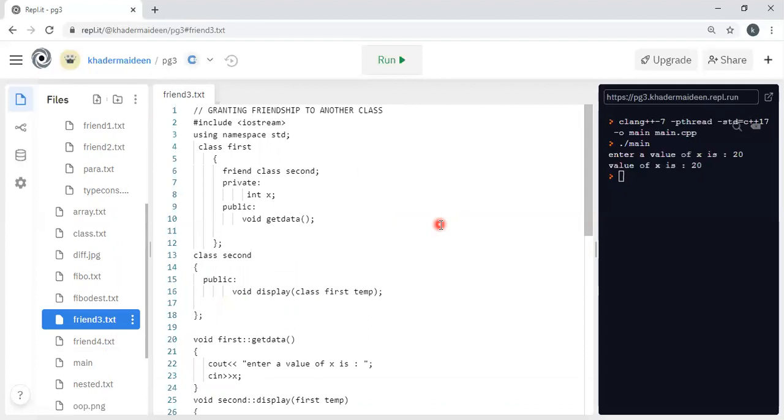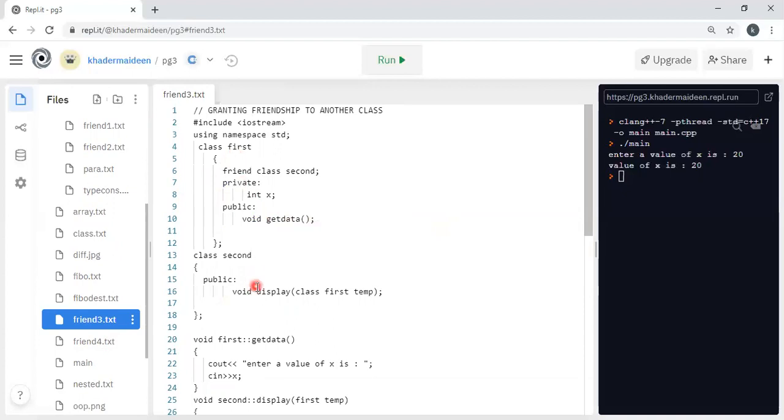If the class first grants its friendship to the other class second, then the private data members of the class first are permitted to be accessed by the public member of the class second. But on the other hand, the public member function of class first cannot access the private member of the second.